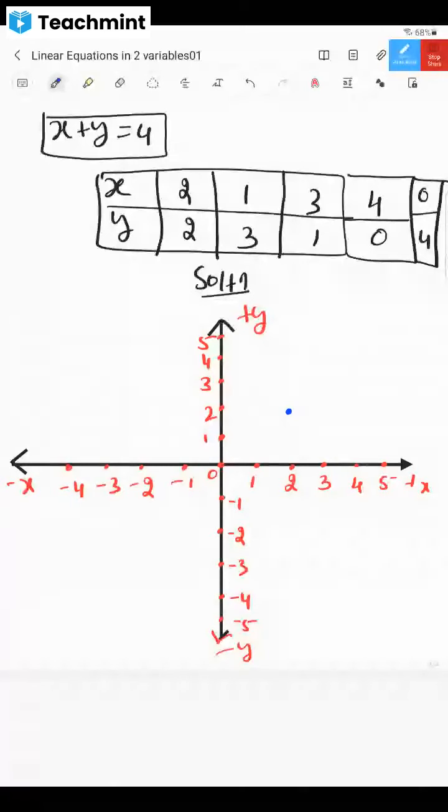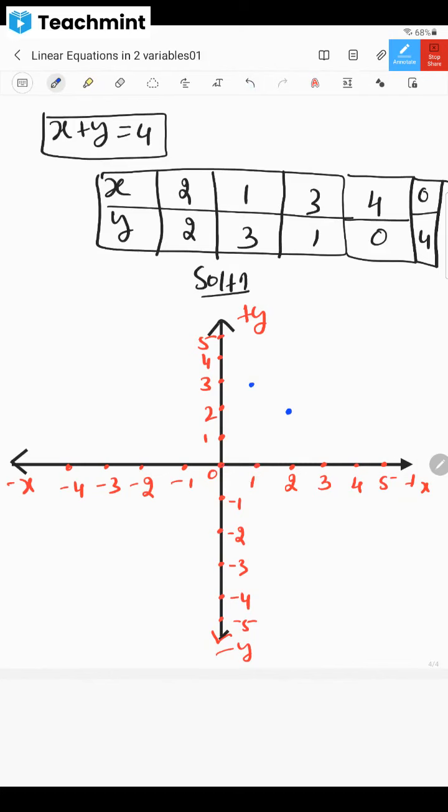And (1, 3) means somewhere it comes here. You know this in coordinate geometry already. We have studied how to draw this. (1, 3) means somewhere it is coming here. 1 is here, and 3 is here. So (1, 3) means somewhere here, right, dear children? I'm drawing them randomly. All those things, how to do them, everybody knows about that. So (1, 3) somewhere it comes here, right?